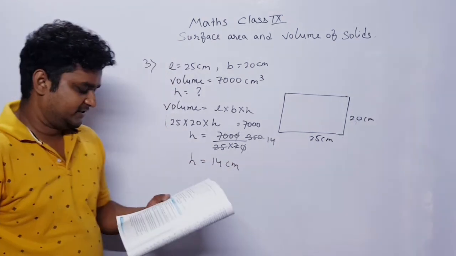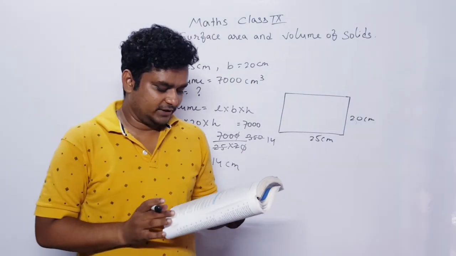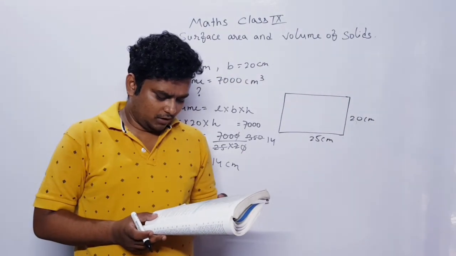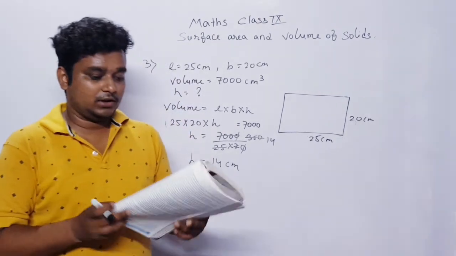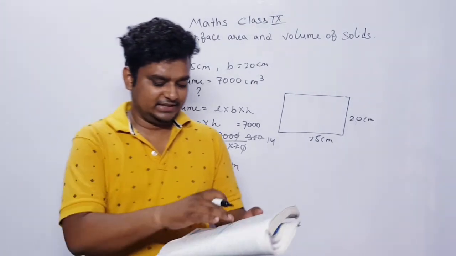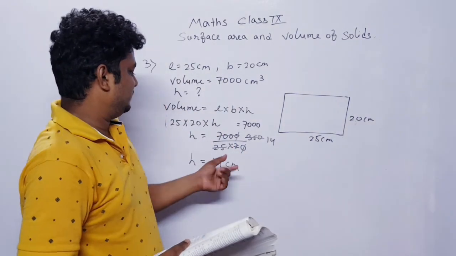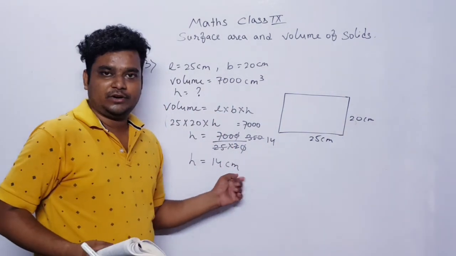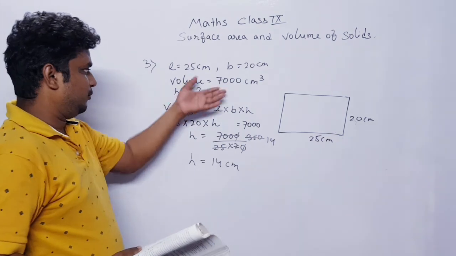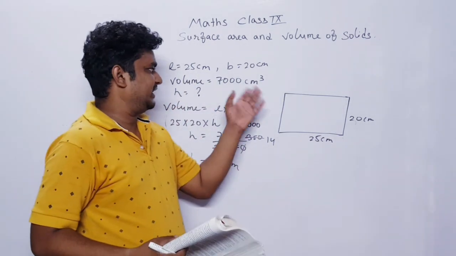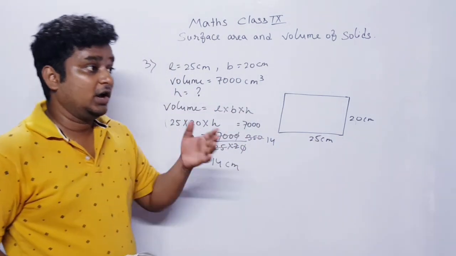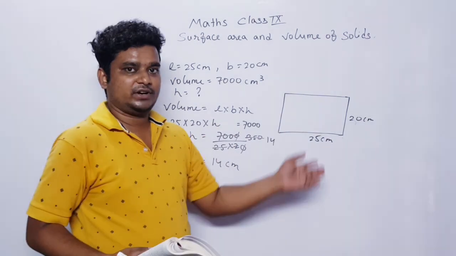So I have solved the first 3 questions of this particular exercise. You all complete up to question number 10. All questions are easy in this order only. You have to calculate and find the value, and do not forget to put the unit. Whatever unit is given, put that same unit. Further, if it comes as 0.45 meter, then you can convert it into centimeter.